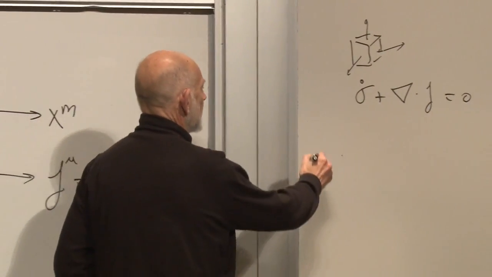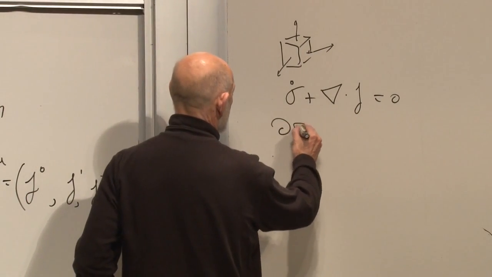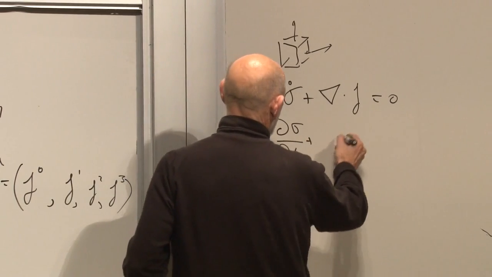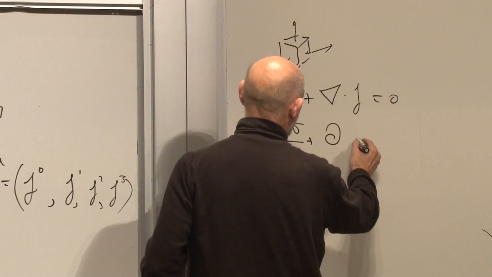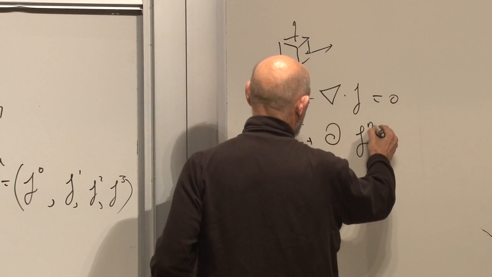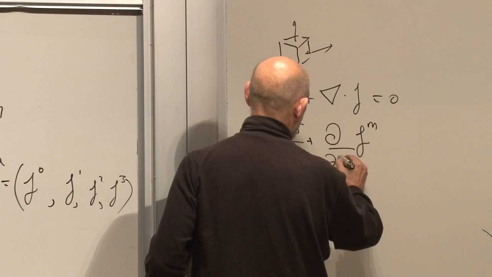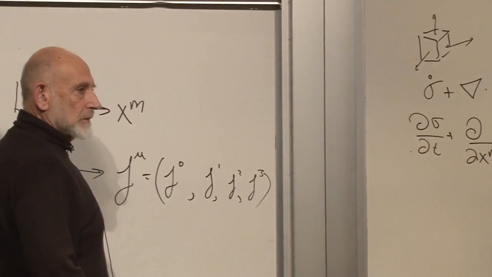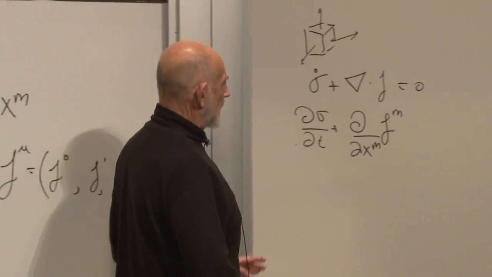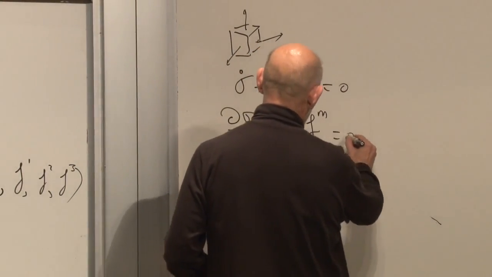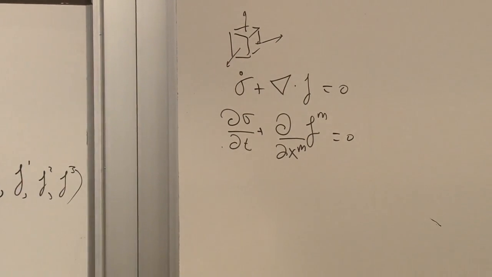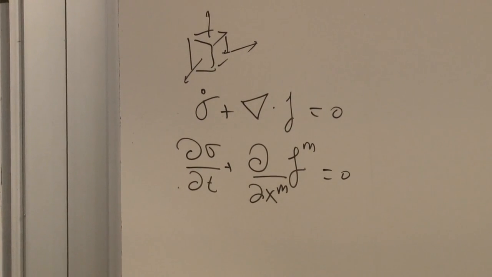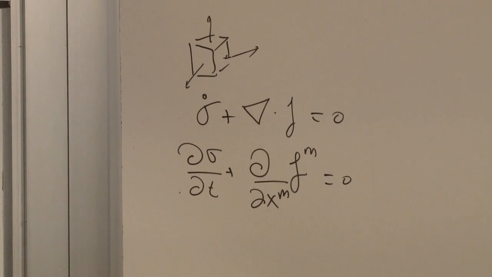Sigma dot means the derivative of sigma with respect to time, and this means the various components of the derivative of the current with respect to the corresponding direction of space. So that current is a 3-vector current. It's a 3-vector current. Is equal to 0. And now, if I write that sigma is J naught,